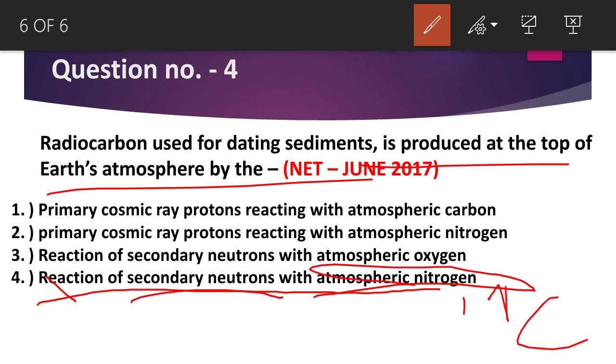Then when the carbon-14 goes into the various organic materials, it starts decaying into nitrogen-14 again. So this is used as the dating technique, and this carbon-14 is thought to be more or less permanent or stable in the earth's atmosphere, as it is formed by cosmic interaction with the earth's atmosphere.